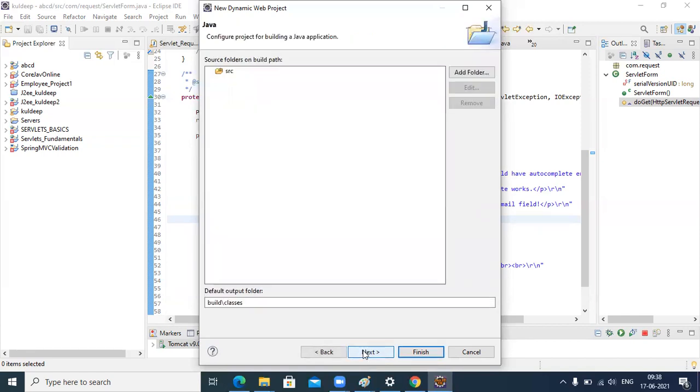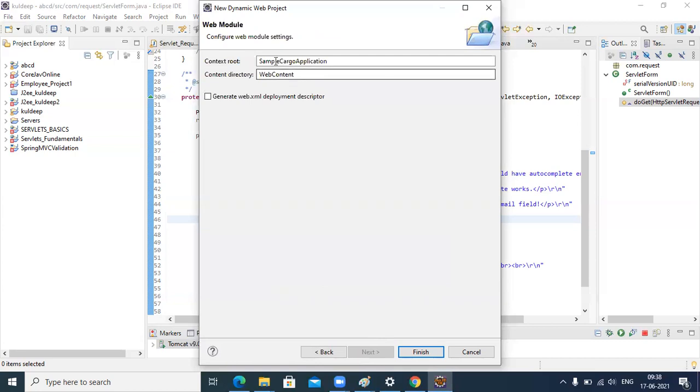Click on next. So source output folders are by default the src folder. Click on next. Sample cargo application, web content, and here you have to select this Generate web.xml deployment descriptor.